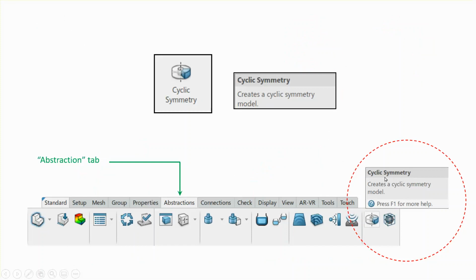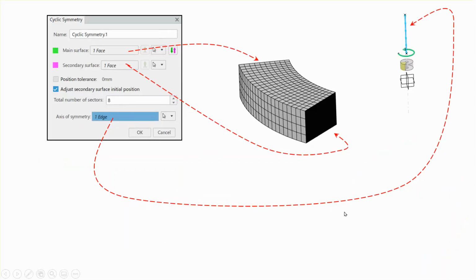The cyclic symmetry or circular symmetry is actually in the model action path, and under the abstractions path right here. Here's the abstractions path, and notice down here it talks about cyclic symmetry or circular symmetry, which is exactly what we are referring to. For example, if you take a disk that's rotating at a constant speed about some axis,